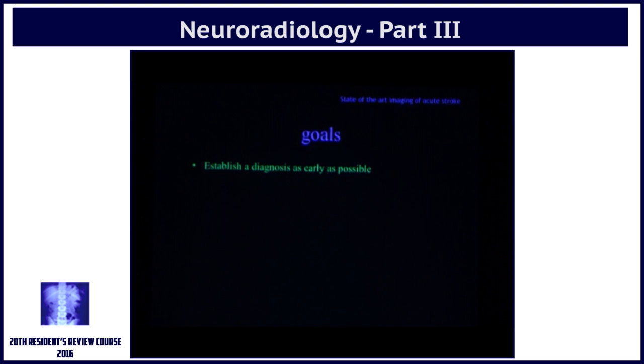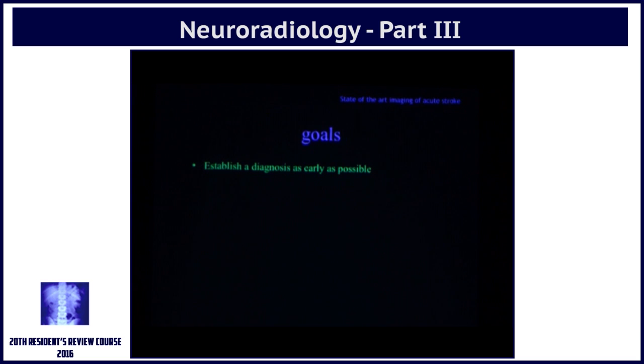So the first goal of imaging in stroke is to establish the diagnosis of stroke. You do a plain CT scan or a diffusion MR and you confirm that it is a stroke and not a stroke mimic, for example hypoglycemia, or a brain tumor, or PML, which sometimes present like a stroke. So the first thing is to establish the diagnosis of stroke, and more important is to rule out hemorrhage, because